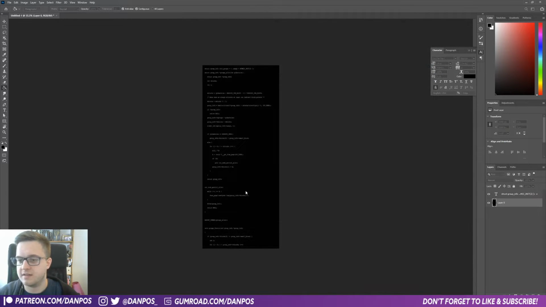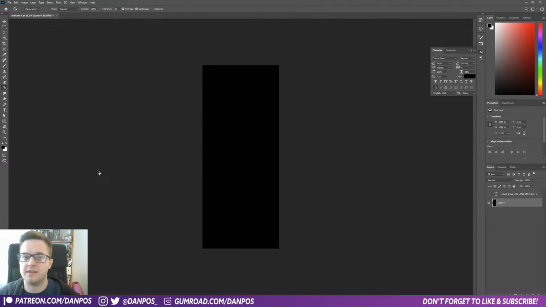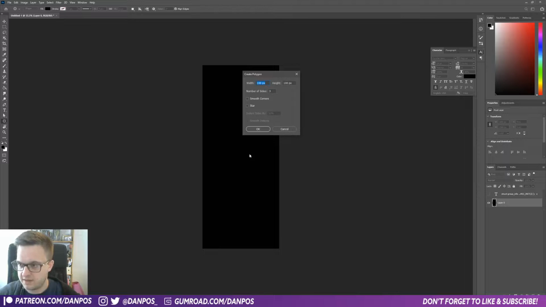You can save that. And then the other image that you need is an exclamation point or whatever you want to be red. You want it to go to the warning. So it could be a separate message, it could be a shape. So what I did was I just went into the polygon tool, clicked 3 sides,